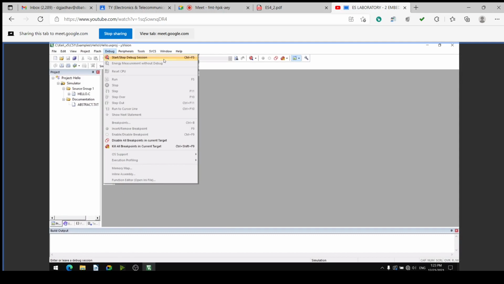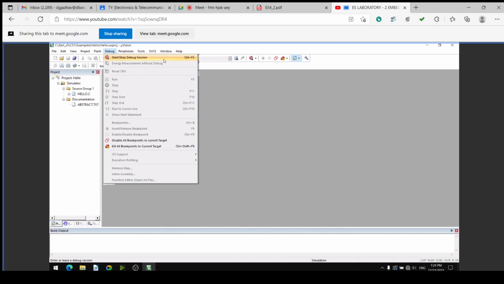Otherwise also simulation is important because it is the step where, before executing in the hardware, before implementing into the hardware, we can check its working in a virtual way in the software. So simulation is very important in that way also, and nowadays we can use it for our study. We can perform the practicals in simulation.